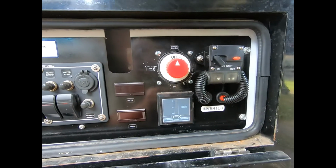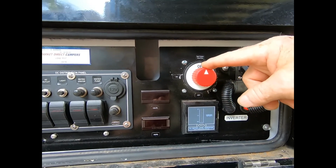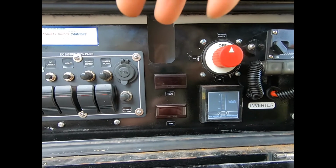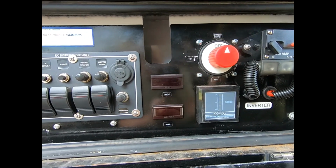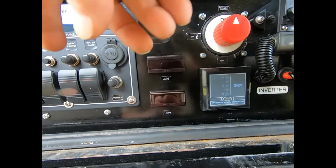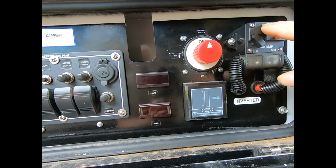So out here the battery power goes through the isolator first, and then it gets distributed to this switchboard and the other one, and where the fridge is. Actually it goes to the fridge first and then back to this one. This is the circuit breaker for the